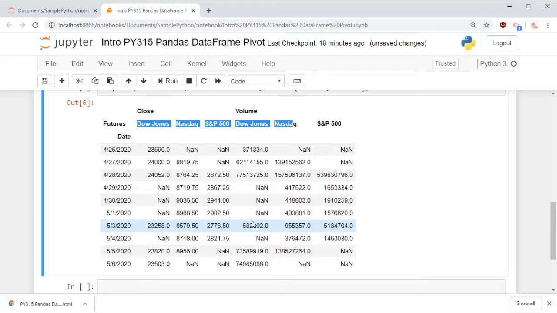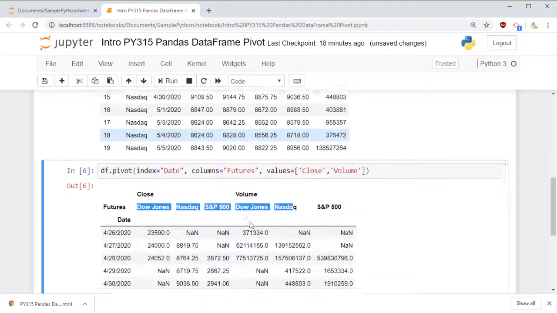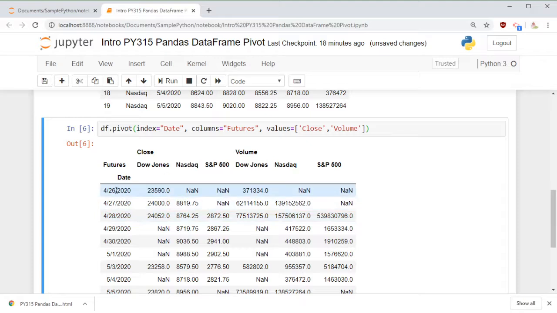This is pretty neat, that I'm able to rearrange the data in the way we need it. Let's say we want to go to April 28th, and I want to know what the Dow Jones level was, what the S&P level was, and what the Nasdaq level was. All of them fall on the same row, and it makes my life easy to do all my analysis, or to get to know the market level by just looking at one row. And same thing, if I want to see a specific index for different dates, I can look at one column and figure it out.